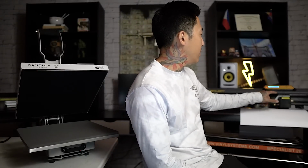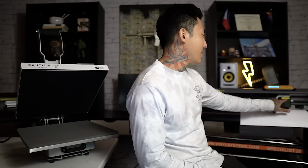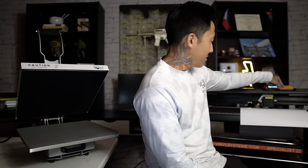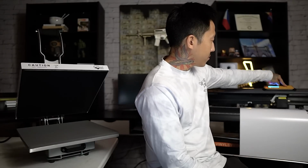So that's pretty cool. Now, if you want to move this around, the blade holder, as you probably saw me move it left and right manually, do not do that. It says do not move the carriage by hand. Sorry. But what you want to do is click offline and then hit the arrows. So you can move that left and right, and then you can move up and down to move the vinyl. And then once you get it to the area that you would like, hit the origin button, and then it's